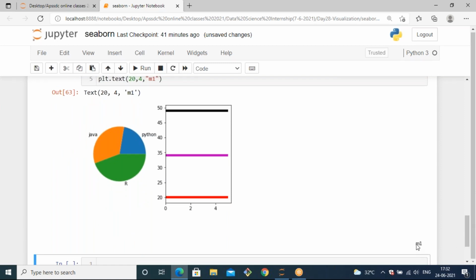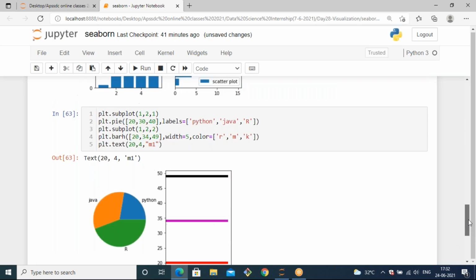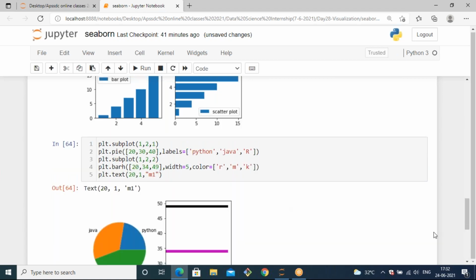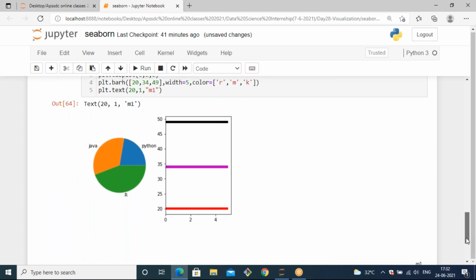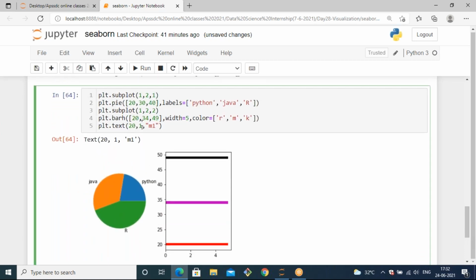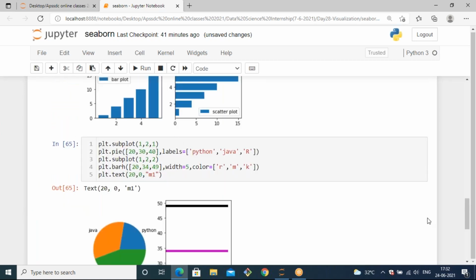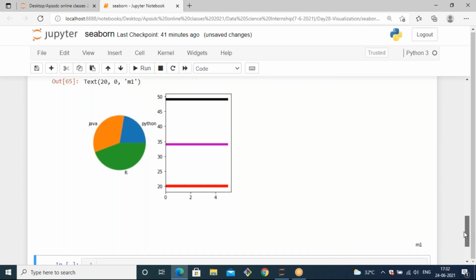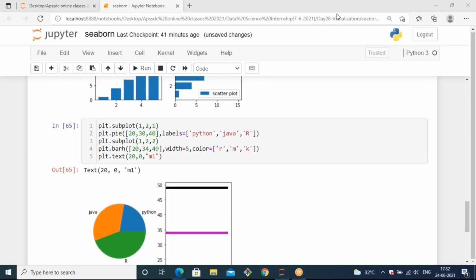Yeah, you can get this here and the top. So let's give values as 10 instead of 20.